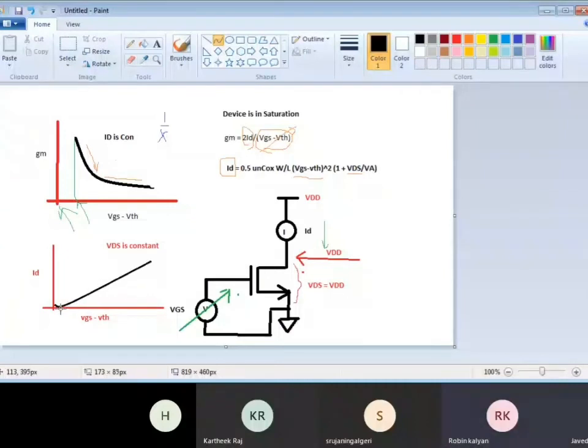No, because assuming the pinch off is already here. For example, this is the graph you are used to seeing, the ID versus VGS curve, right? Now this VGS curve in this corner will go back to 0 because VGS minus VT is sitting there. So will the graph look linear like this? No, it will not be linear.